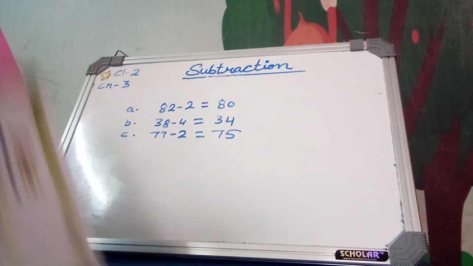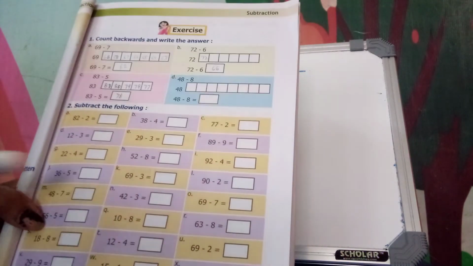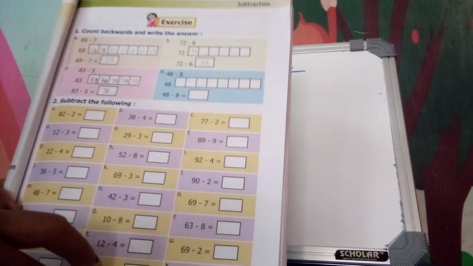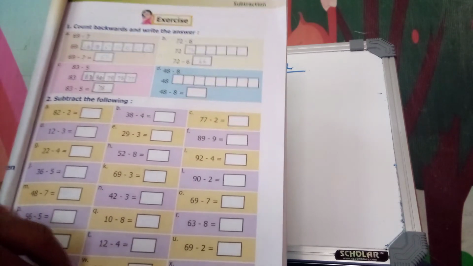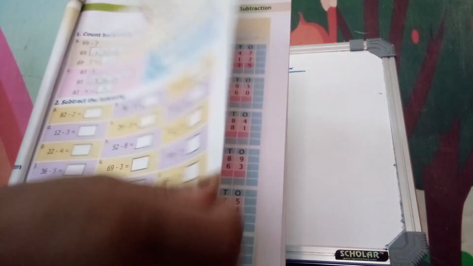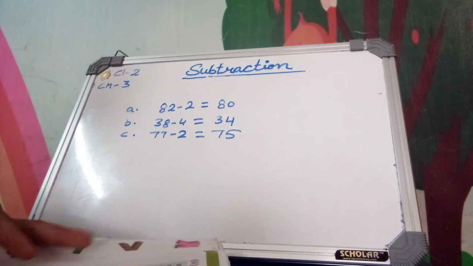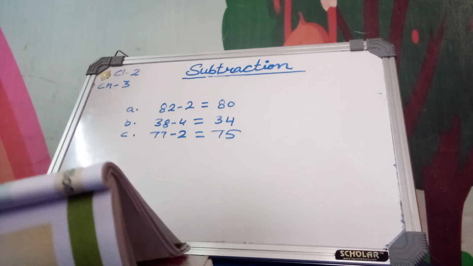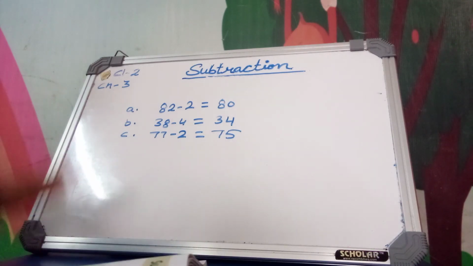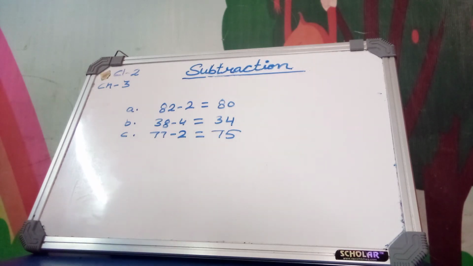Okay. Now here are some more questions for you. Do more and more practice of these questions yourself at home. Now turn your page. Subtraction of 2-digit numbers. Write the bigger number on top and the smaller below it, and subtract using column subtraction. Always write the bigger number on top and then write the smaller number below it if you subtract any number.